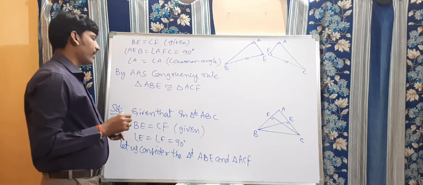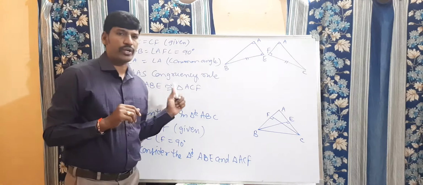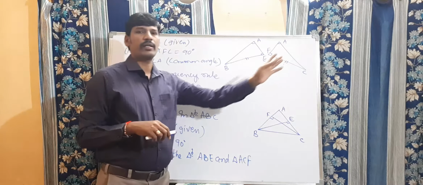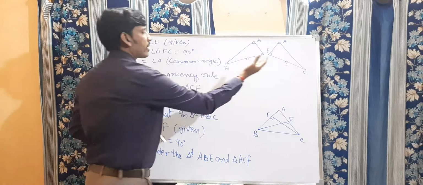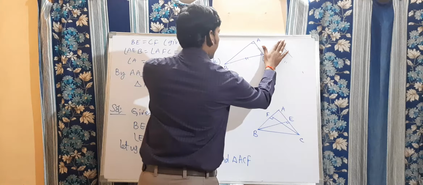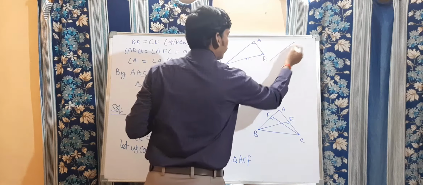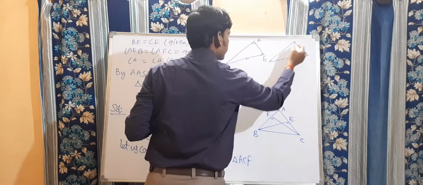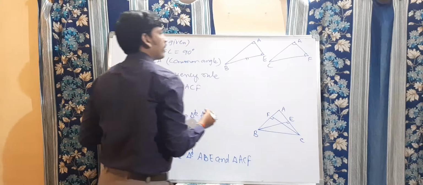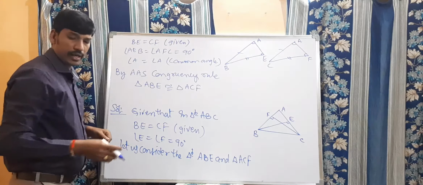So the first one is completed. Now if ABE is congruent to ACF, by CPCT we can say that AB is equal to AC. That is the corresponding parts. You just flip this triangle. If you have any confusion, let us draw one more time. See this here, if you get any confusion, you just draw as it is. So like this, A, C, F. Now see this here, this will be 90, corresponding parts. Clear? So by CPCT,